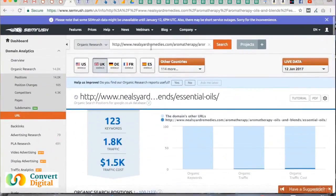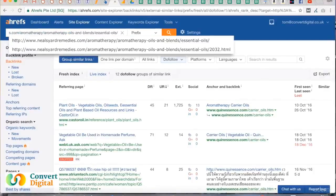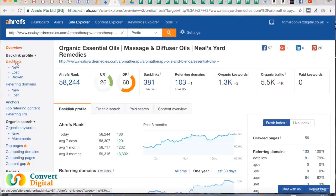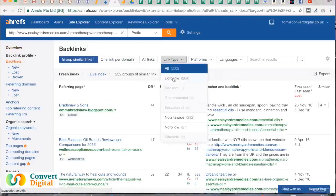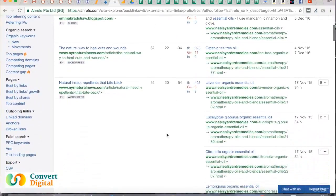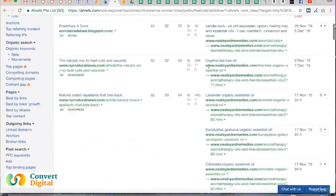And as I say, I would then go a step further. I would take that URL, I would come to Ahrefs, another tool I use, put it in here, and look at the actual links that are built directly to this page. We go to backlinks. I mean, we can already see 204 dofollow links built. So Sil's has obviously got a campaign going where they're actively doing it, and there will be natural stuff as well. But as we can see here, quite rich anchor text terms, and you can then use that information to see